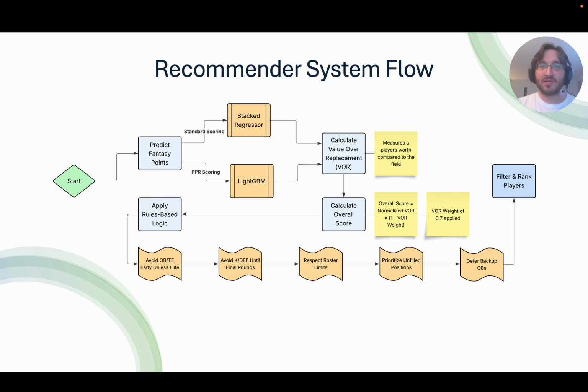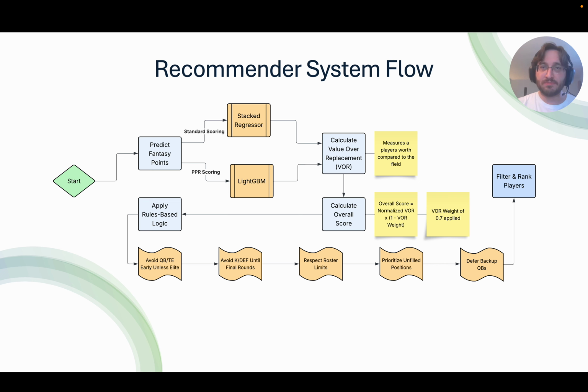We respect the roster limits to prevent overfilling positions. We prioritize the unmet positional needs based on current team composition, and we defer the backup quarterbacks until the final round if a starter's already been selected. And we also force fill the kickers and defense in the final rounds if they're still empty. Finally, we begin to filter and rank the players to provide the top-level recommendations for